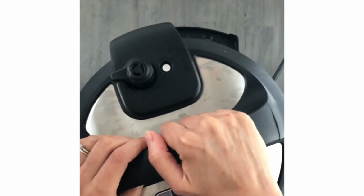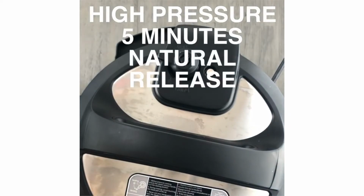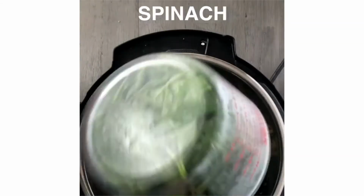Put the lid on your Instant Pot and set it to sealing, and then cook at high pressure for 5 minutes, and then let it do a 10-minute natural release. When the natural release time is up, quick release the rest of the pressure, and then add baby spinach and